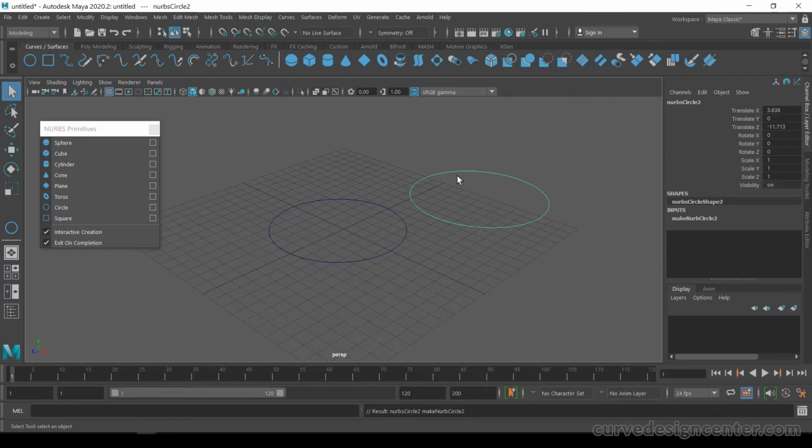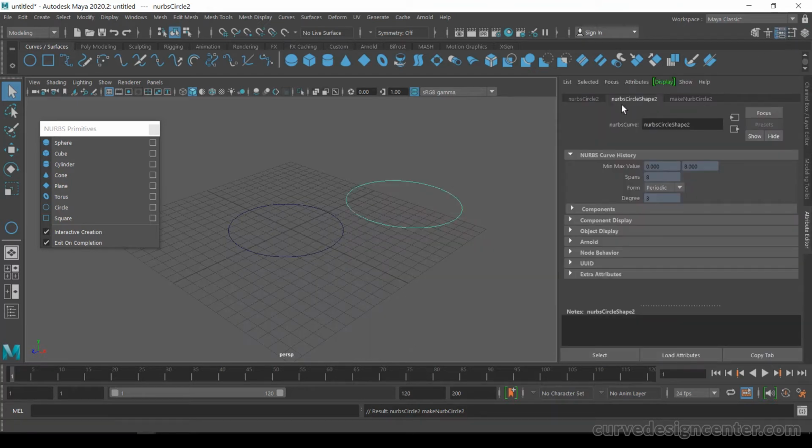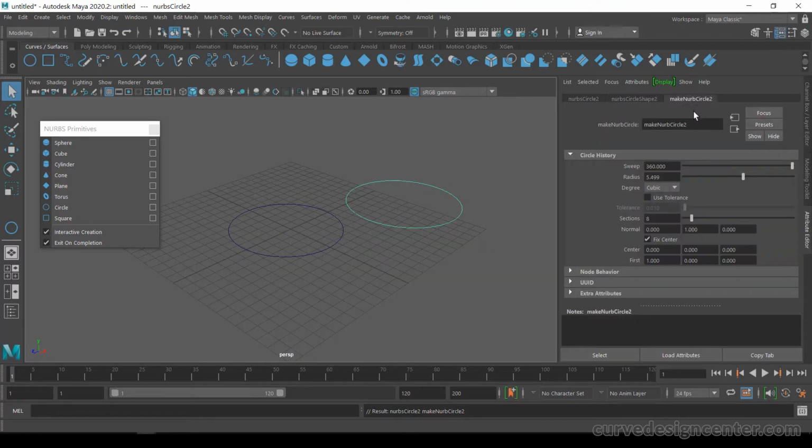If you want to modify this circle, go to the attribute editor and check makeNurbsCircle. Now you can change sweep, radius, or degree, linear and cubic, and sections.